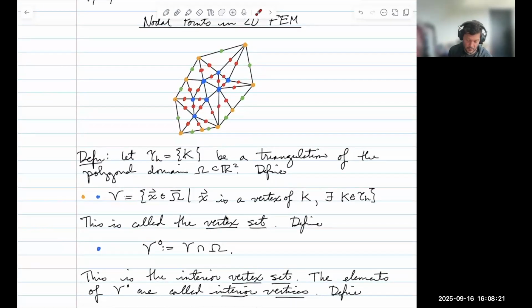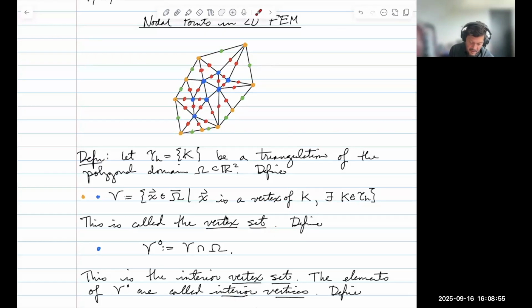So let's start off with our assumptions. We start off with a triangulation which doesn't have any hanging nodes of this polygonal domain omega, and we're going to define this set V, which is the set of all vertices of every triangle in the triangulation. The set of all x such that x is a vertex of the triangle K for some K in the triangulation. So that's going to give us these blue points,